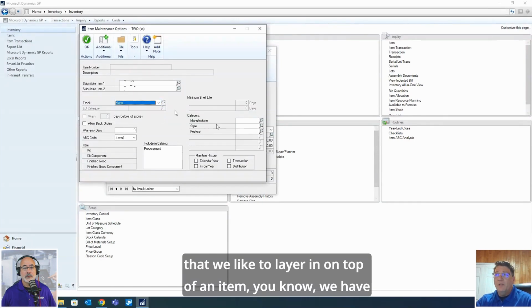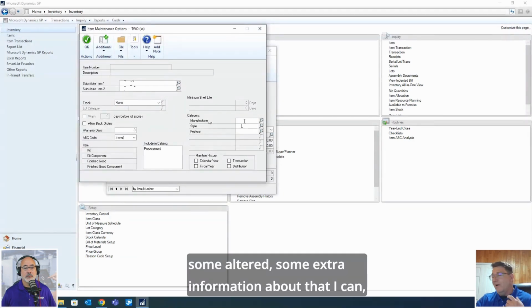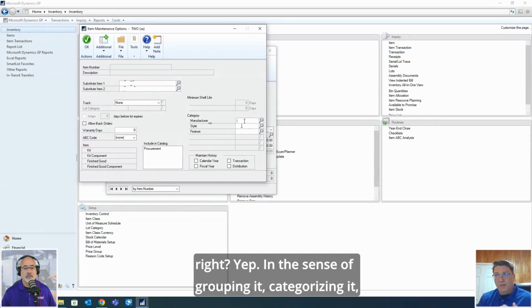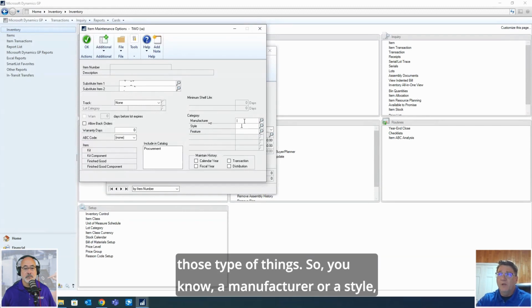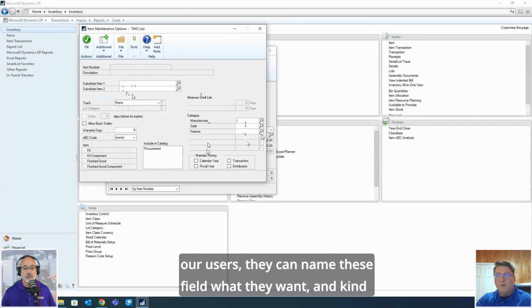And as you were talking about some of the attributes that we like to layer in on top of an item, we have some user-defined fields available in GP to add some extra information about that item, right? In the sense of grouping it, categorizing it, those types of things. So, a manufacturer, a style, a feature. These are things I've created. This is a blank slate for our users. They can name